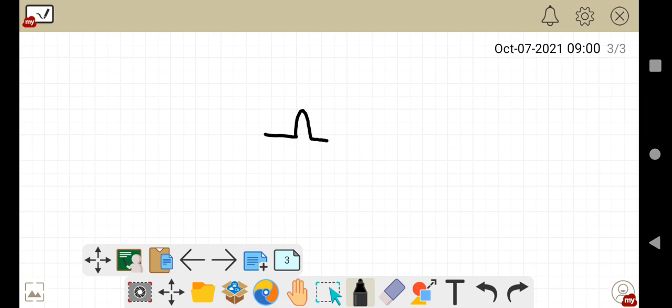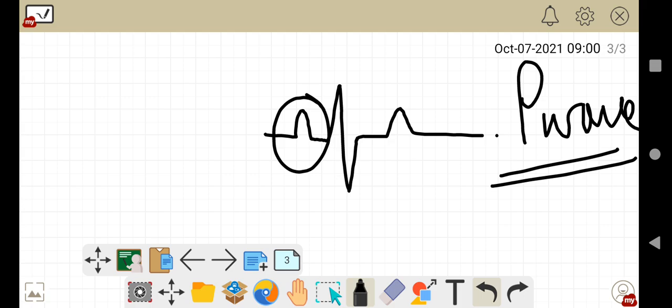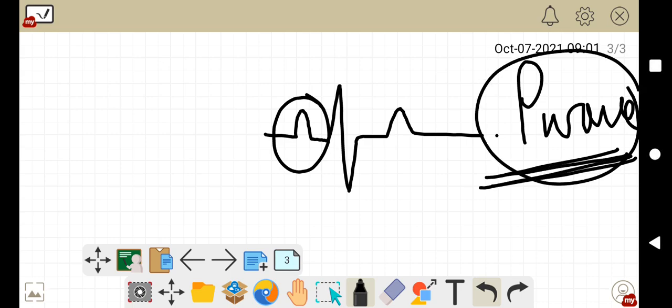Now the second thing is we will look for the P wave, correct? Before that I would like to mention one thing which is important as well, the segments, but let me discuss it on the next page. So after that we will search for the P wave, whether the P wave is okay or not, right? We will search for it.